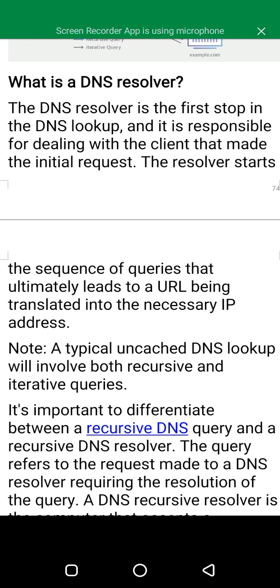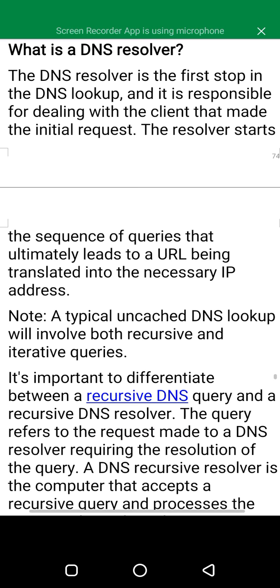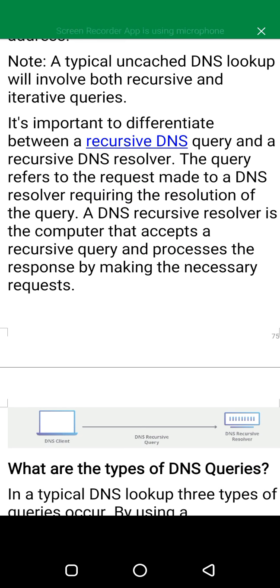The resolver starts the sequence of queries that ultimately leads to a URL being translated into the necessary IP address. Note: a typical uncached DNS lookup will involve both recursive and iterative queries. It's important to differentiate between a recursive DNS query and a recursive DNS resolver. Those two are different.